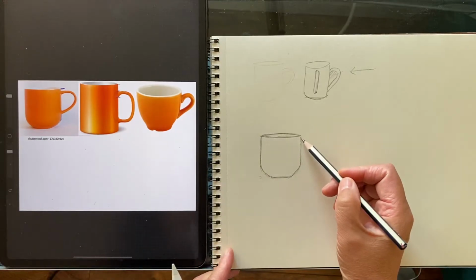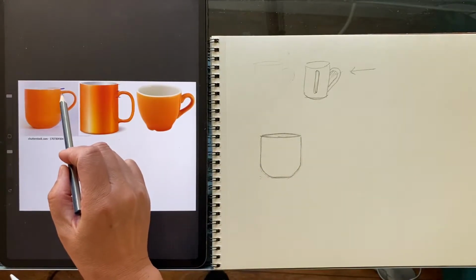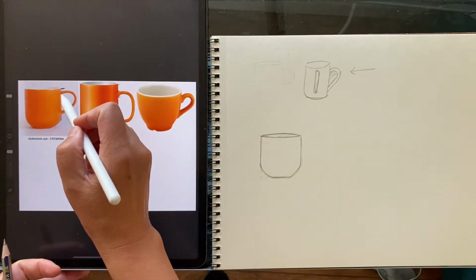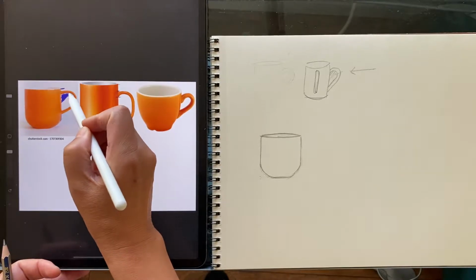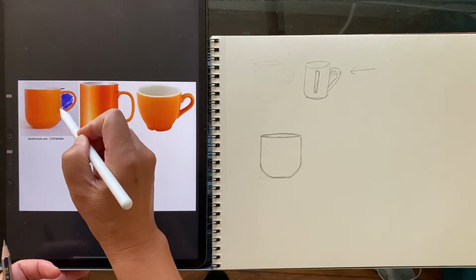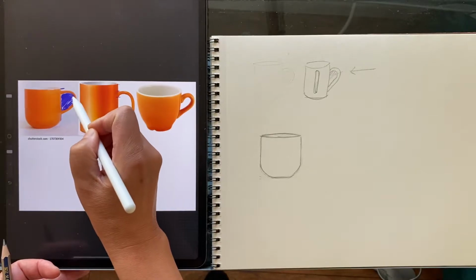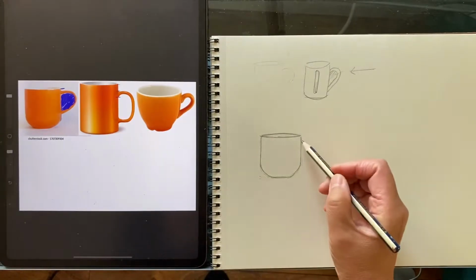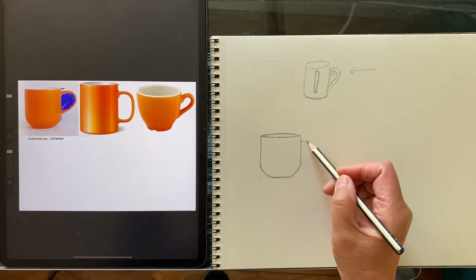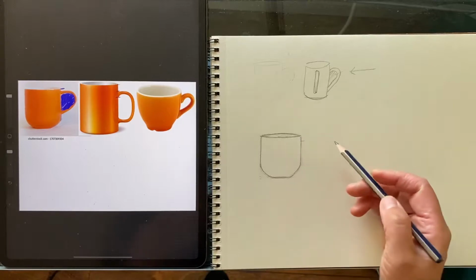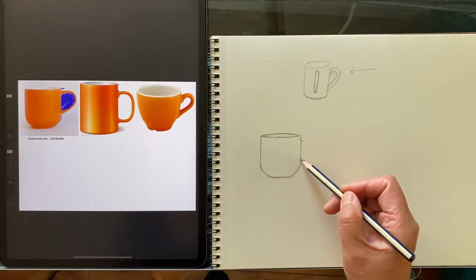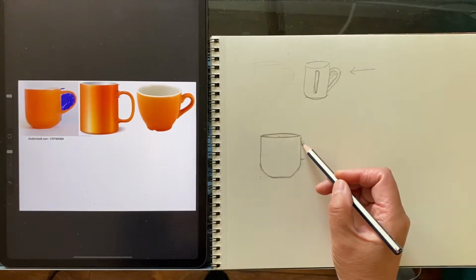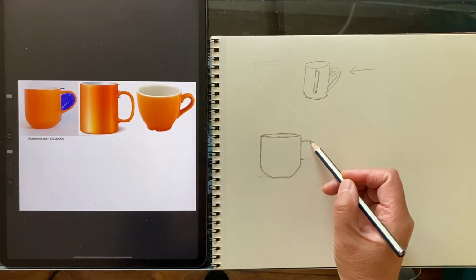Then I see the handle. I'm not drawing the outside, I'm drawing the inside. I'm looking at this whole shape like that. See, this whole thing has a shape. I'm looking at that shape. So I'm going to start from here because I have enough room for that. Then it ends right here. That's how far, right? Then that shape looks like